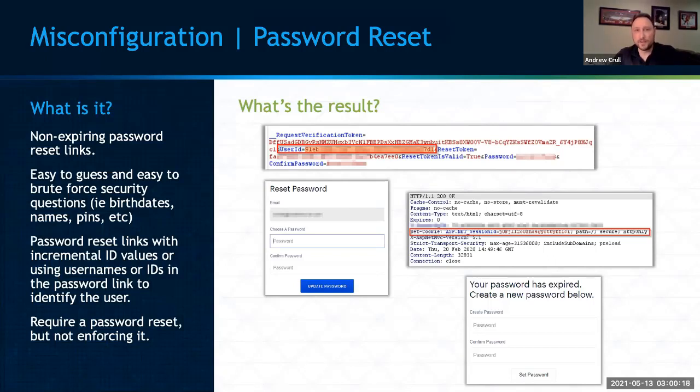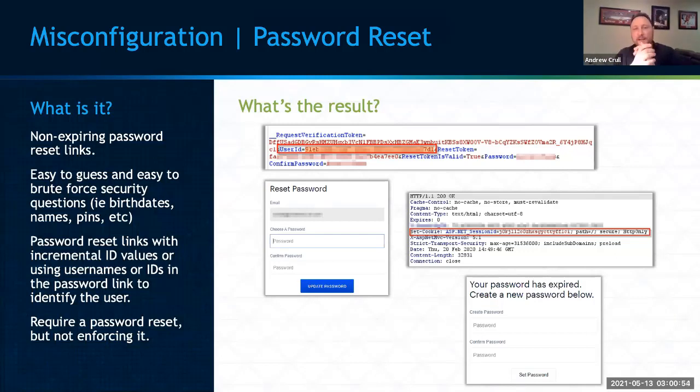We'll show that one here in the examples. The first example I have here looks like an almost perfect password reset. I love this one. It's too bad that they had one little glitch in it. If I go to do a password reset, you can see my user ID is a GUID. It's long, it's random. They include a reset token, which was in the URL. It was long, it was random. Every time it changed, I didn't see any problems with it. So I reset my password, send it through. But I pulled the reset token out and it still worked. So it wasn't even looking at that reset token. It was pointless.